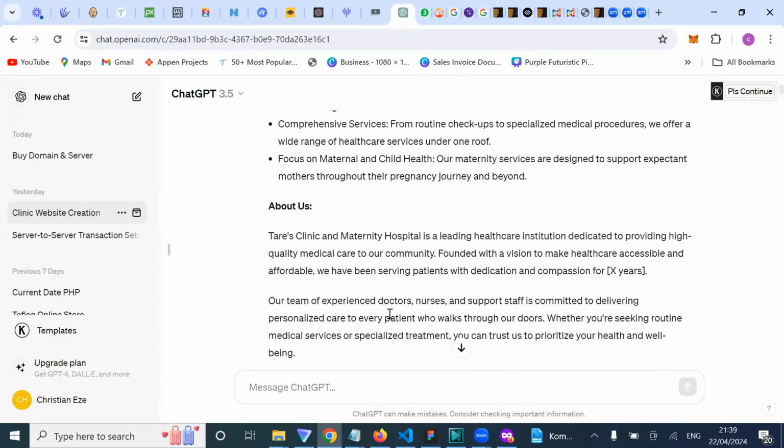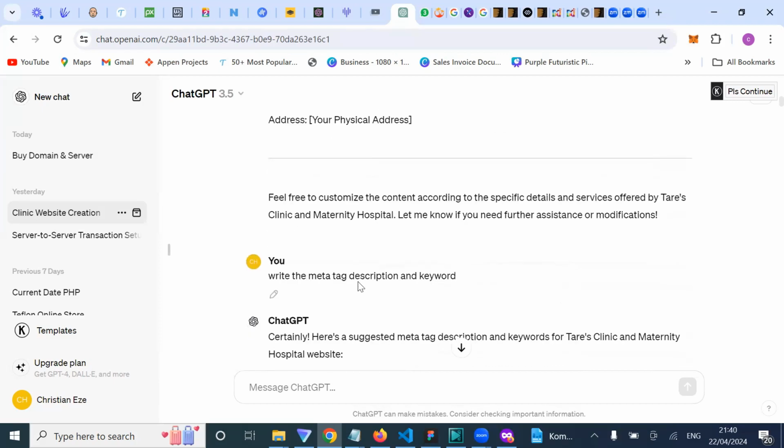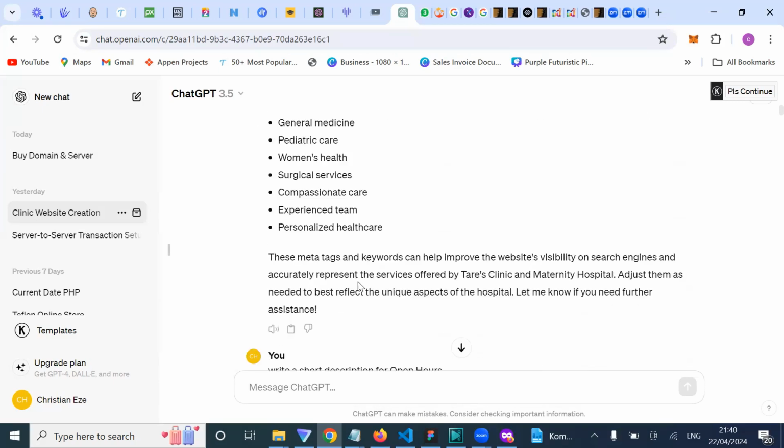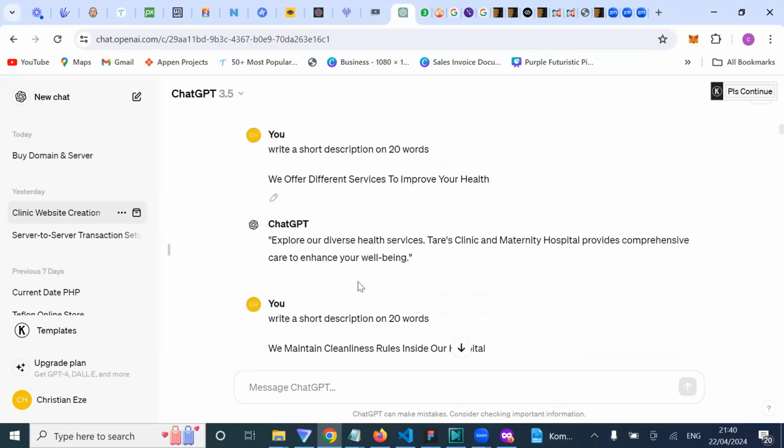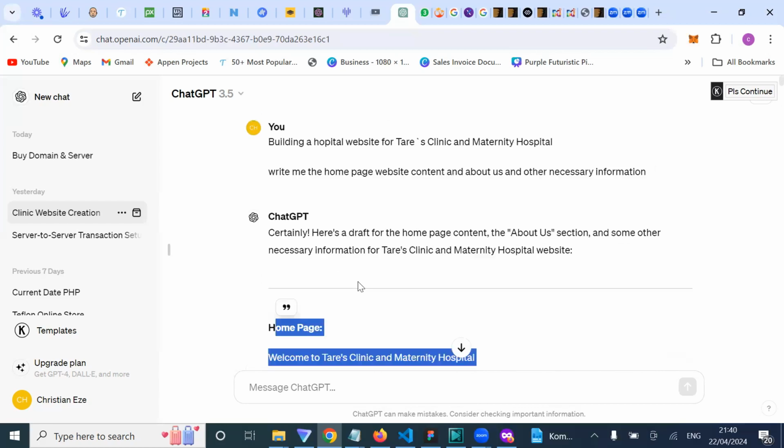The one for my homepage, the one for our services, contact us, the rest of the other information, even my frequently asked questions, everything will just be generated. Then it's left for me to start putting them where I want. So for your own case now, since your website is